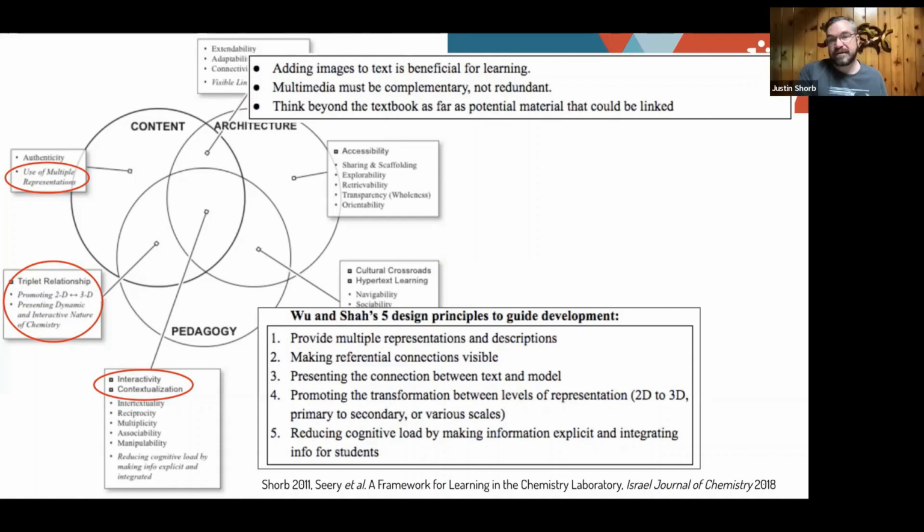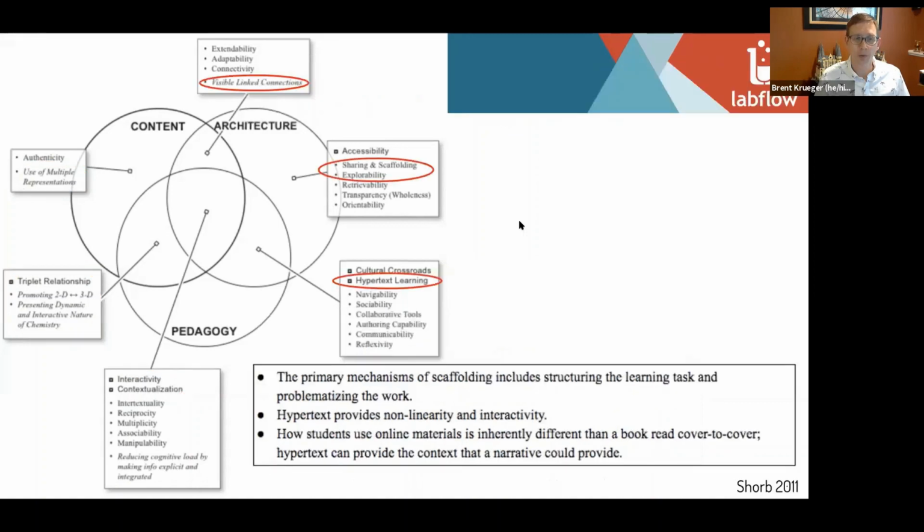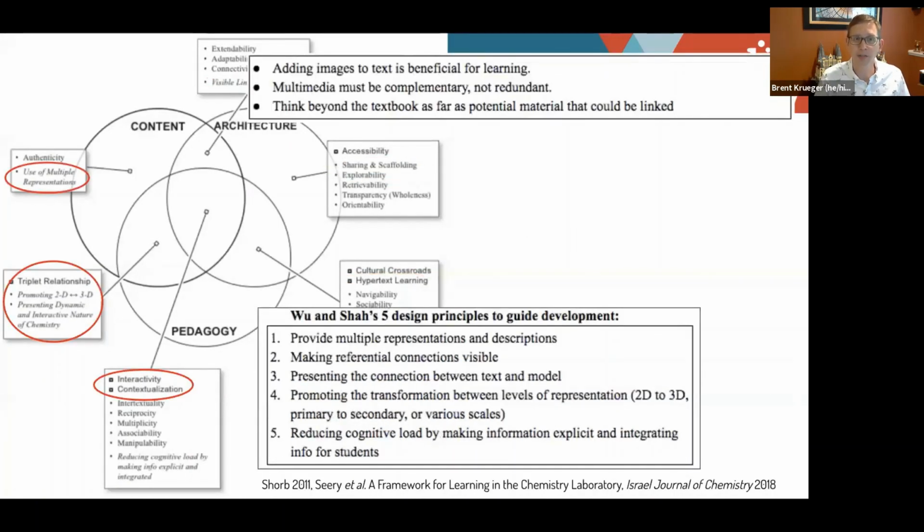Faculty, there's large scale, but. So Justin, you froze there for a few seconds for us. So right after you talked about the discipline specific stuff, after Wu and Shaw. Oh, okay. Yeah, I just had a little notification pop up that said that my internet went a little unstable. So thanks for calling that out.